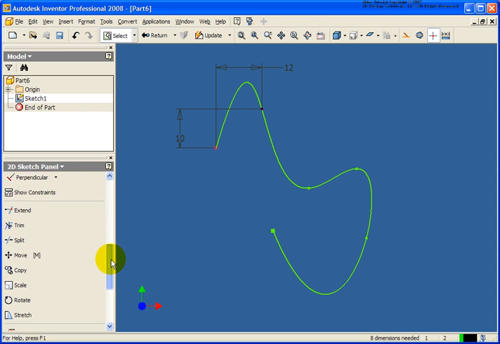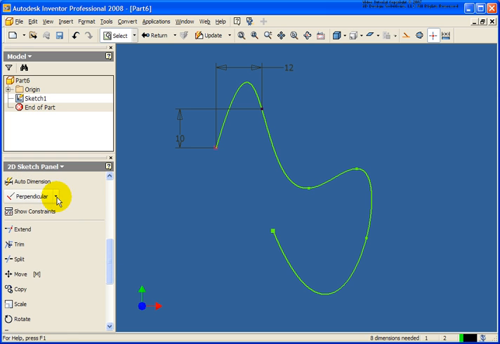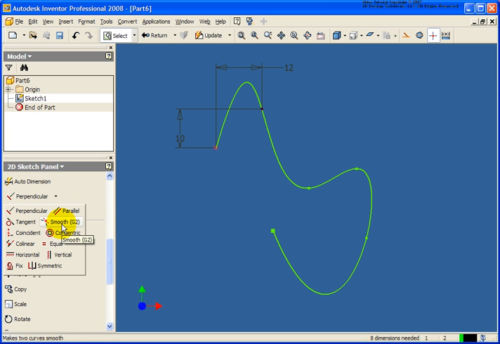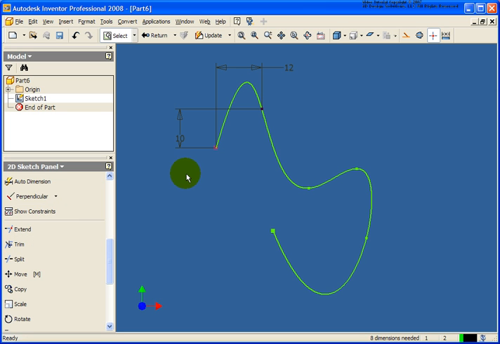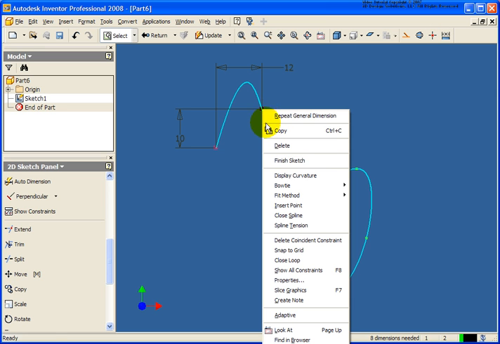Also, there's a constraint that we can apply that is referred to as smooth or a G2. So in this case, if we had another arc or a line out here, we could define the point that that spline and that geometry is going to be connecting at is going to be forever continuous or smooth or a G2. So in this case, we don't have that, so we're not going to do that. But there are some other editing options available when editing a spline. If you move your cursor over that spline, you can right mouse click,